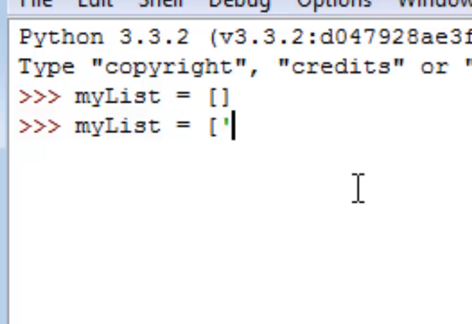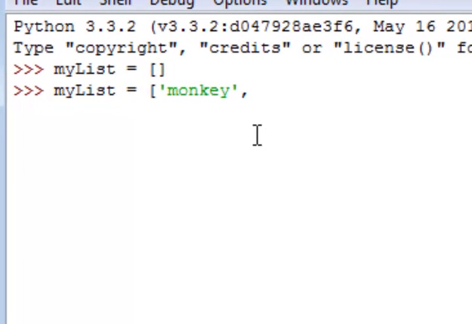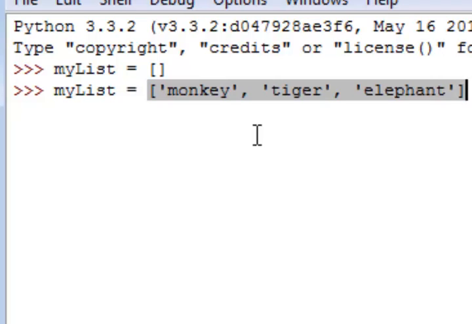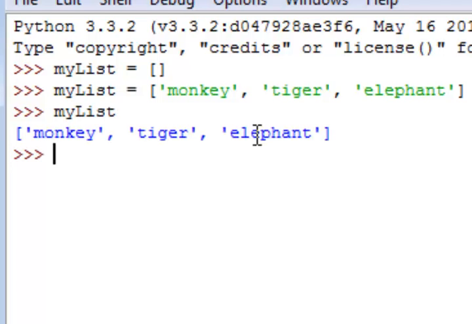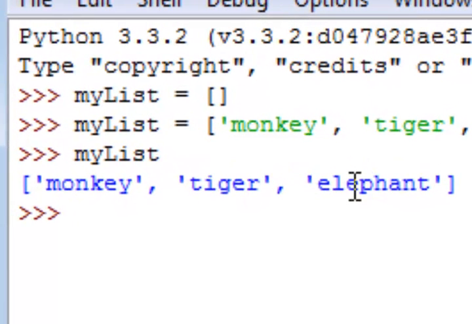Let's say I want to put a list of different animals. We'll go with a monkey and a tiger and an elephant. And you can see that each one of those is a string, so it's surrounded in single quotes, and each element is separated by a comma. Don't have to put a comma at the end of the final one because it's at the end of the list. So now my list has 3 string variables in it, and so if I just type in my list,